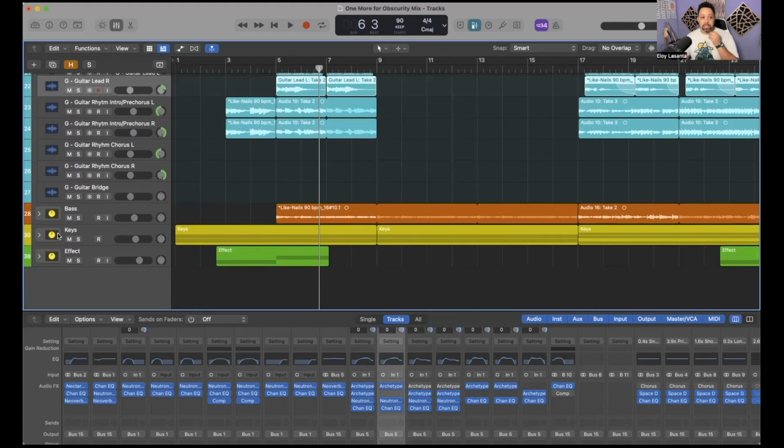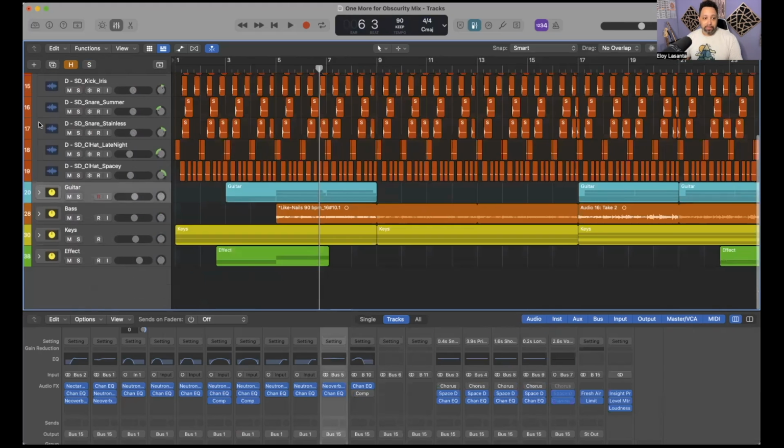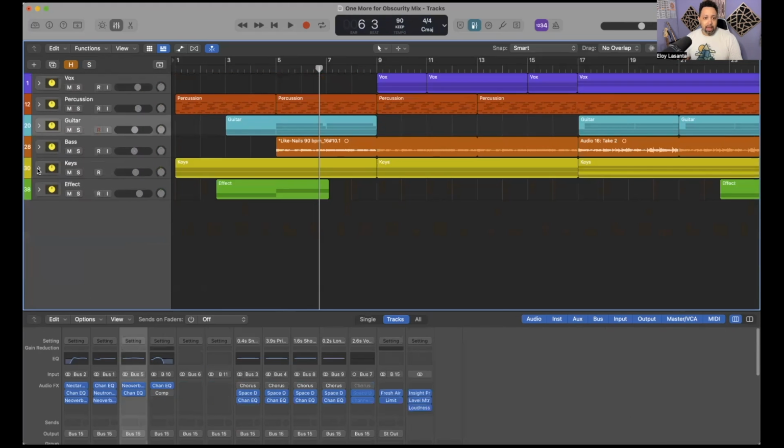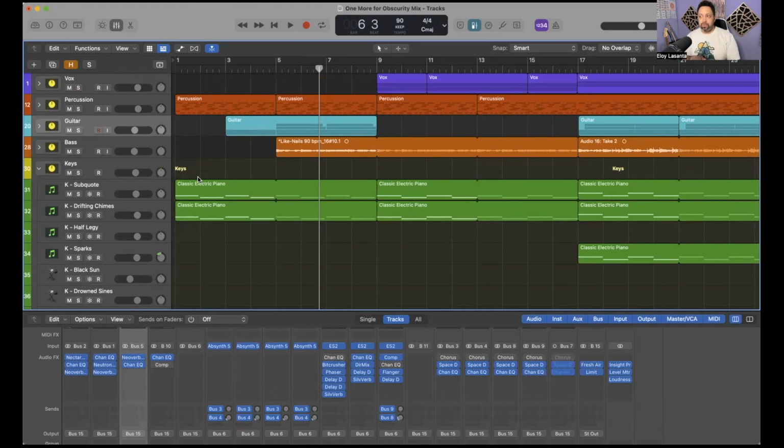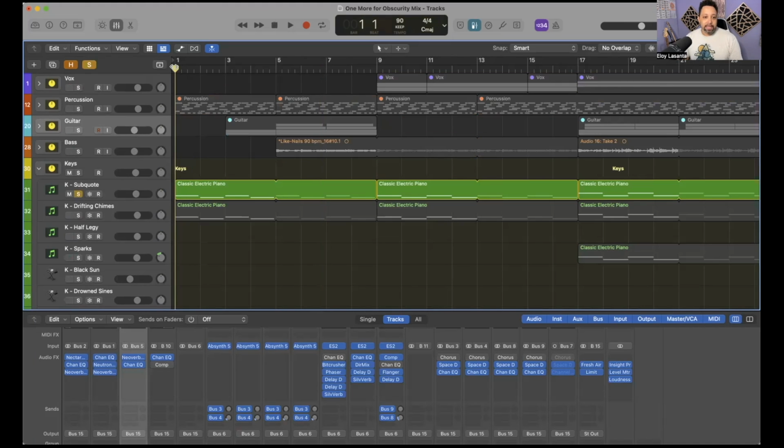Now, this is the fun part: with the keys, I layered a ton of keys. This is something I've really just been messing around with. A lot of songs on my first album were like one pad in the back or maybe two. Whereas this one, I was like, I'm going to go for broke. Let's see how many of these I can have on here. So you'll notice behind the song, these are the main two that are there most of the song.